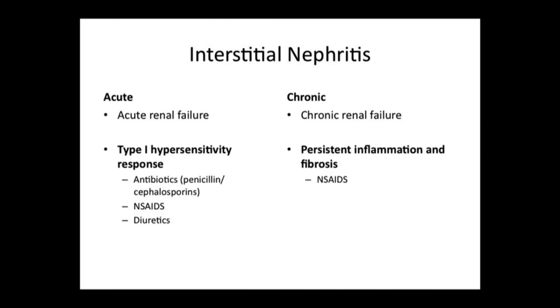What's nice about the acute one is it's always due to the same sort of pathological mechanism. Okay, it's a type 1 hypersensitivity response. So that's your immediate degranulation of mast cells releasing IgE. It's the sort of asthma attack, anaphylaxis to peanuts kind of response. The same thing can happen in the kidneys and causes acute interstitial nephritis. And the usual suspects are antibiotics. Not so much these, but antibiotics. The people who are allergic to penicillin and cephalosporins, if they get given them, they can get renal failure, and